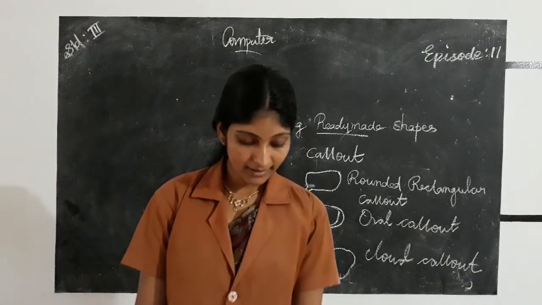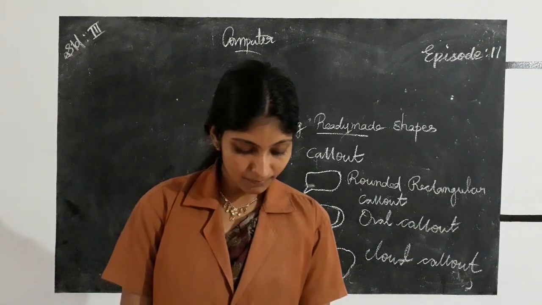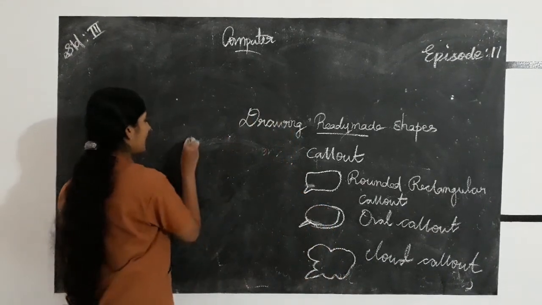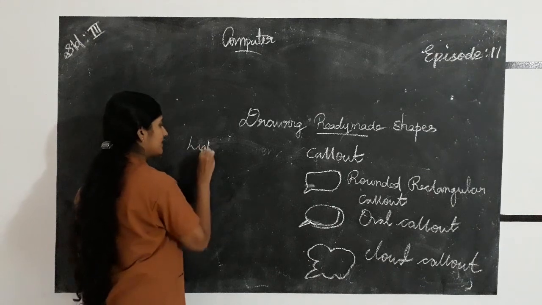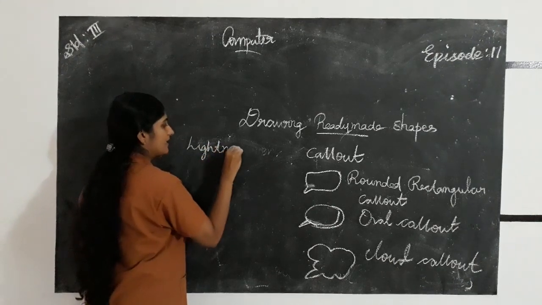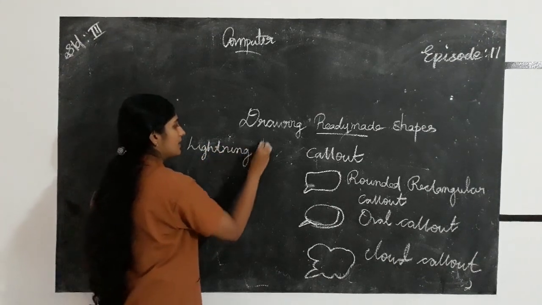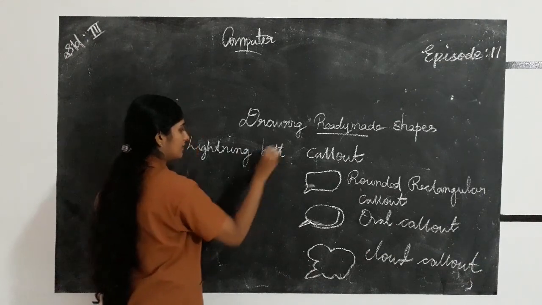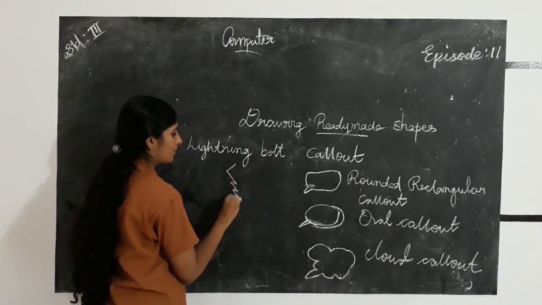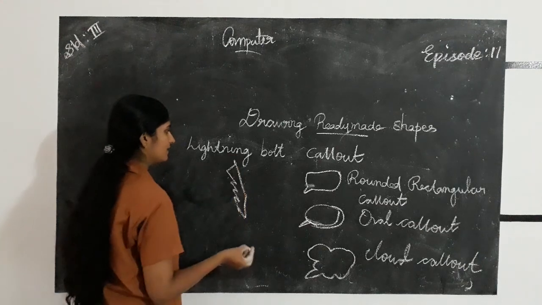The last one, lightning bolt. Lightning, L-I-G-H-T-N-I-N-G, lightning bolt, B-O-L-T. So lightning bolt means it looks like this. And finally